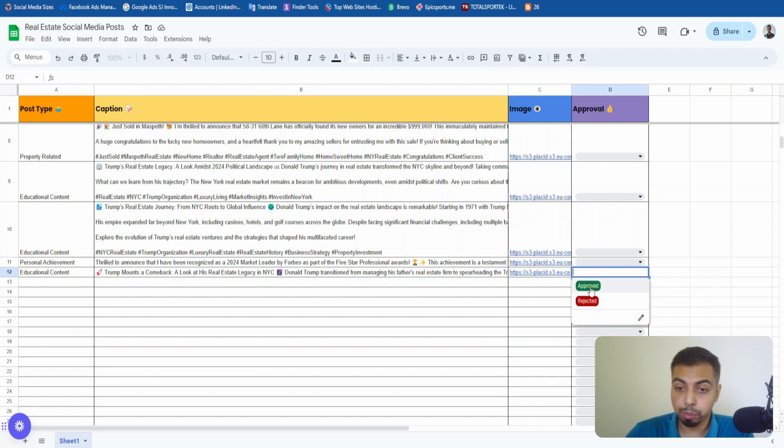As soon as you click on approve, it will be posted on your social media. As simple as that. You don't have to log into your Facebook or Instagram or post it from there. You can just click on approve from here and it will automatically post. So as you can see, this content arrived pretty nicely, and this is the post type, and then the caption